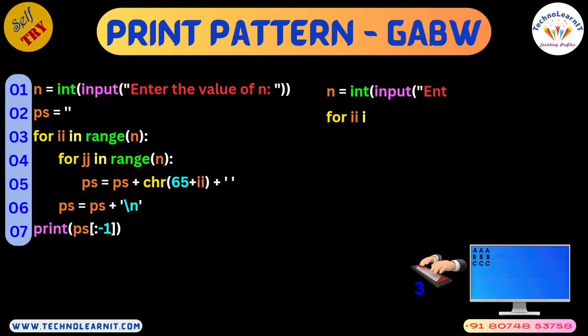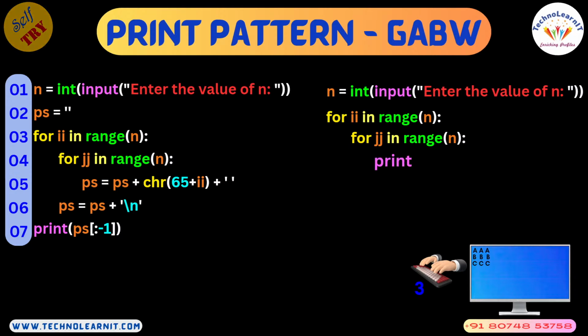Perfect. If you are not supposed to use string related operations, you can of course try this way. You can print 65 plus i, where i starts with 0. So first A will be printed for n number of times, and make sure you come to the new line and i becomes 1. You add 1 to 65 so that you will get character B and you repeat this for n times again. So B will be repeated for n times. Make sure you come to the new line and i in the next iteration becomes 2